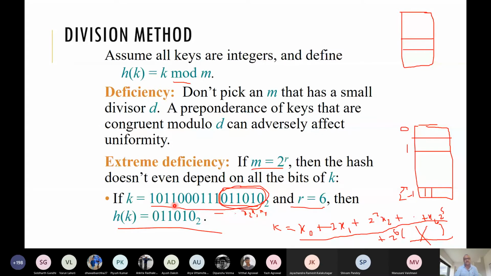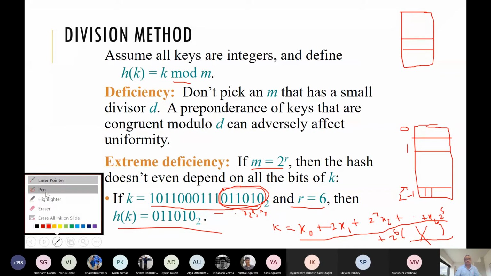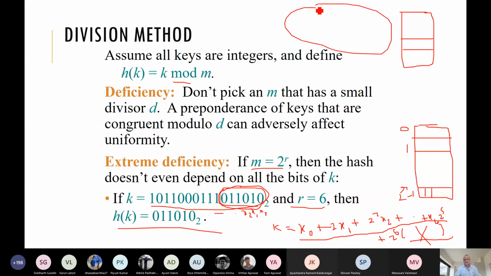That is basically 2 to the power L minus r keys mapping to the same slot. So a huge collision is happening. This is all the keys whose last r bits are fixed. Say we change this to be 0.